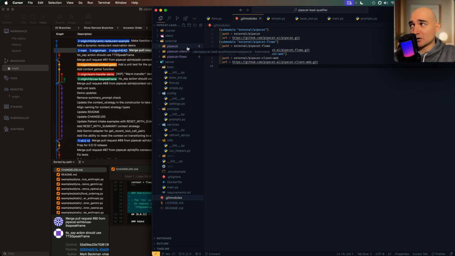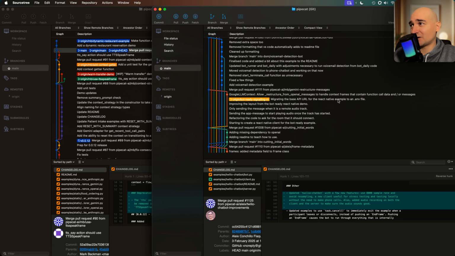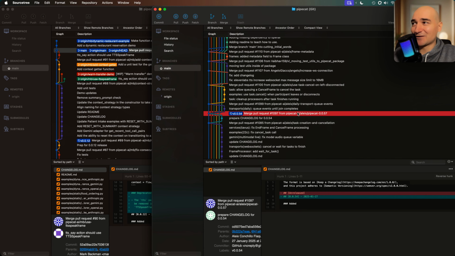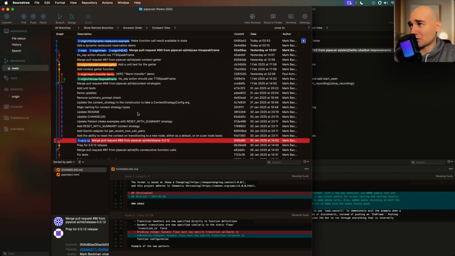And I'm using the main branch of each of these, which includes some unreleased features, because essentially the Pipecat team ships features like maniacs. It's quite impressive. Let me actually show you the situation with that. So let's find the last version in the history here. There we go. That's the last released version. And we're all the way up here now. And with flows, that's the last released version. And Mark has been busy and he's released some really cool features and I want to use them.